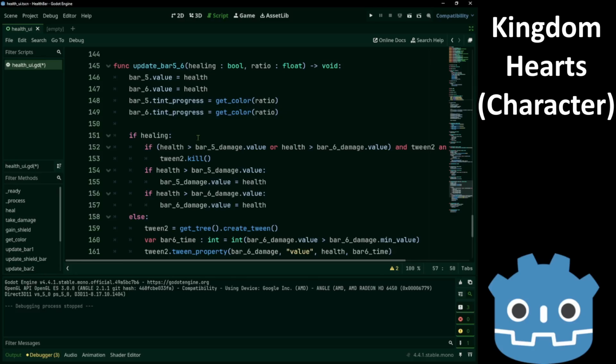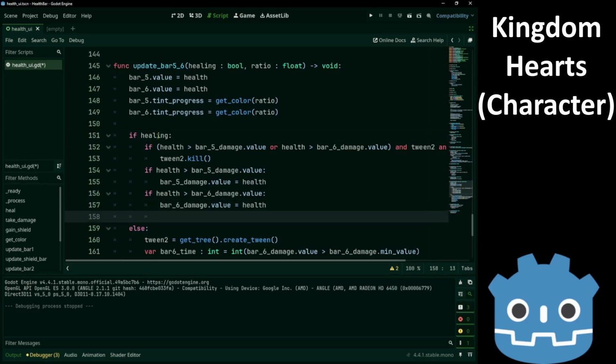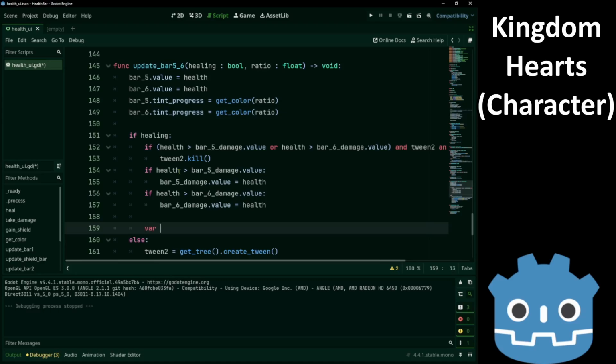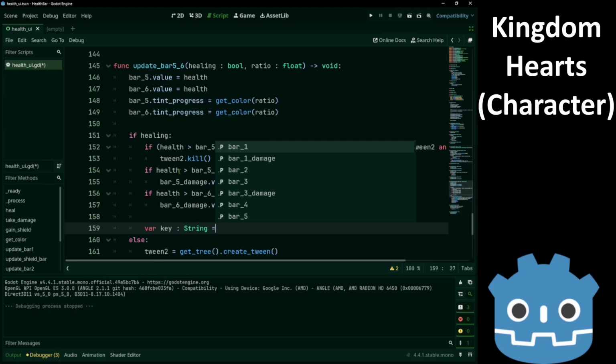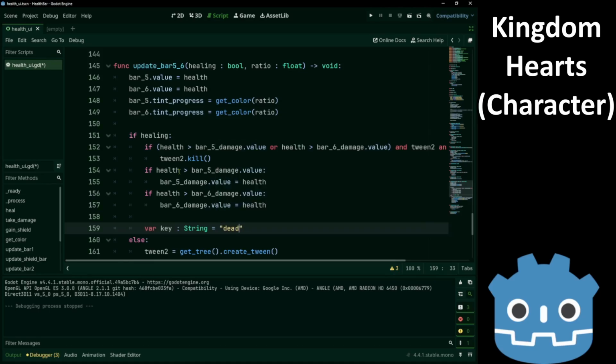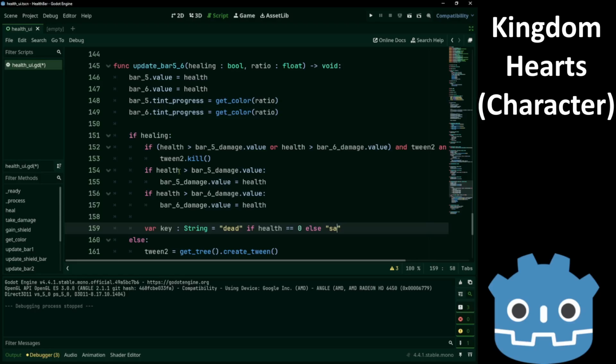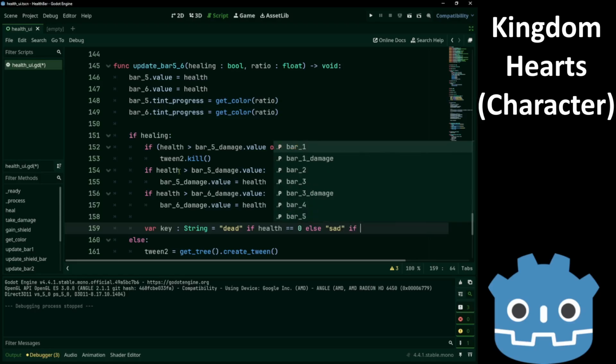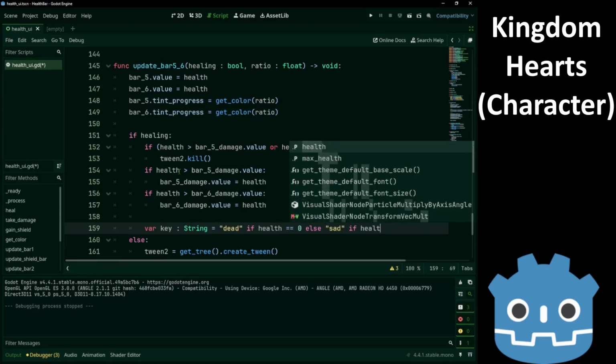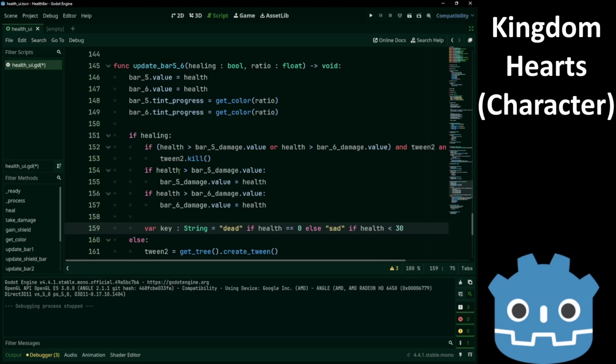So down here, if we are healing, we take the key, dead, if our health is 0, else, sad, if our health is less than 30, else, happy.